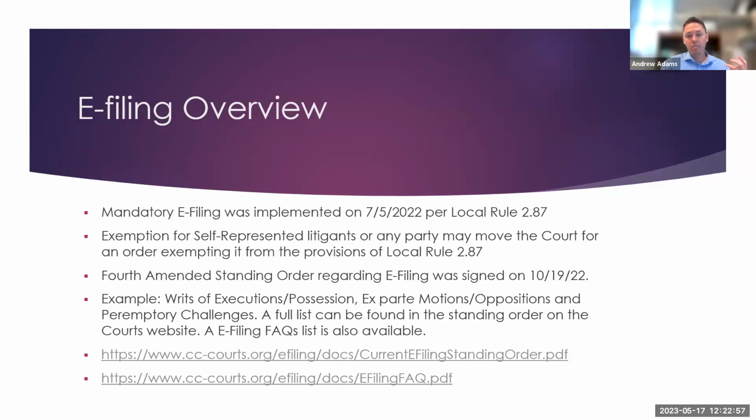Same thing with ex parte motions and oppositions: all that has to come in and actually be reviewed by the judge before filing, and that's why it's not available on e-filing. Same thing with peremptory challenges, which often aren't allowed. If it's a 170.1, the judge has to be served anyway, so you have to come here regardless. A full list can be found in the current standing order, and I did include the 2 links below. After this presentation, this is available for you, and I told the bar that they could disseminate this to everyone so you can have a copy. Maybe it'll be helpful for you or your staff. Okay.